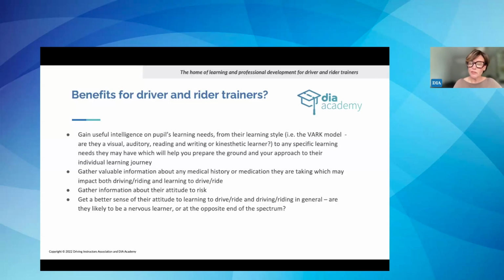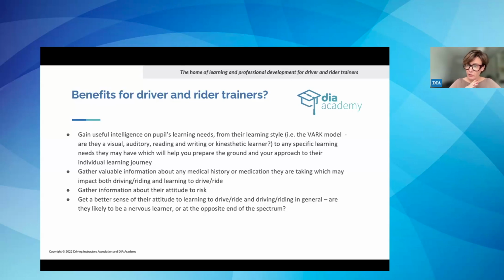To look at any specific learning needs that the pupil may have before you go into the training journey with them, to maybe look at their experiences pre-driver training that they might have had as a passenger, or whether they've had driver training with another ADI before, or rider training with another rider trainer before, and whether that has built up expectation, nervousness, things that might impact your learning journey with them, and to generally just prepare the ground for your approach to delivering their individual learning journey.